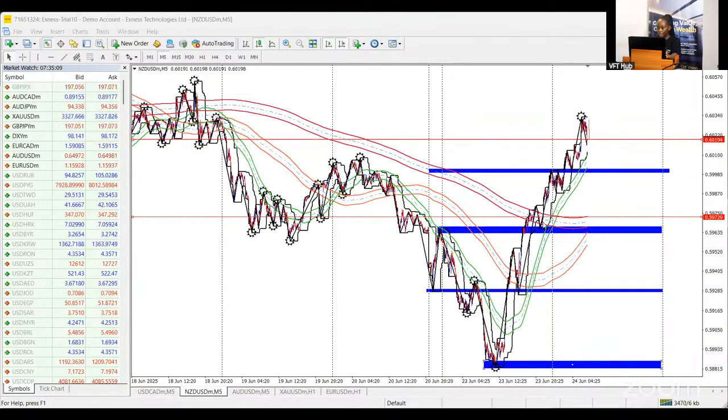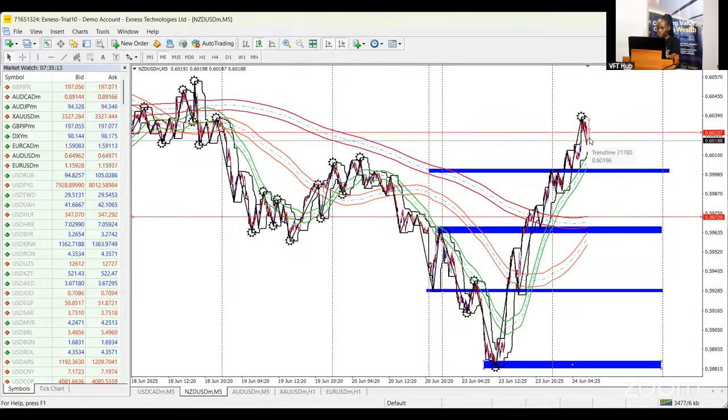Okay, so price has broken through this zone. I'm thinking it's going to sell into our trend, all the way down here, about 0.59729, before we see a buy continuation. So of course, not all of us have the indicators. It's not an issue. Take note of the price point.